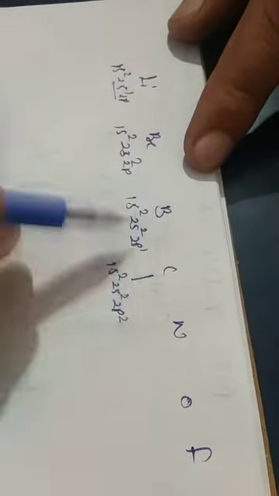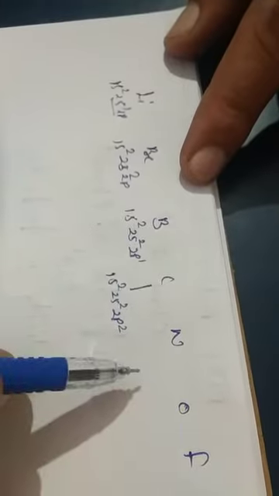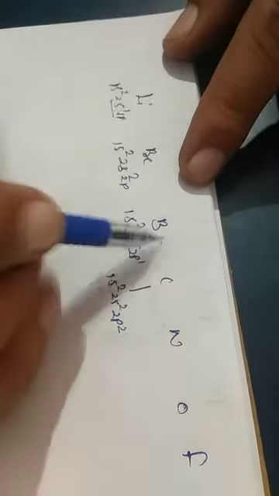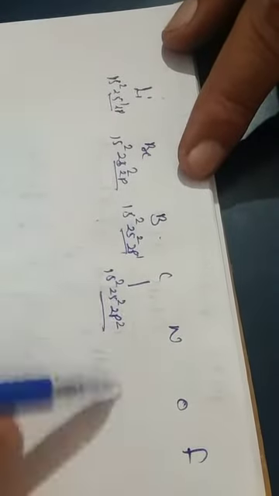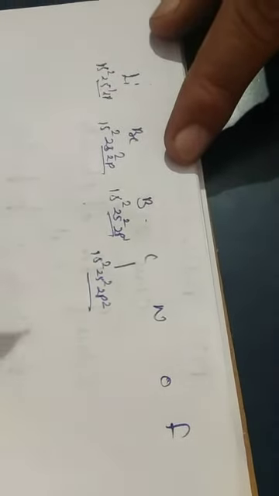One electron is increasing as you move this side, but one proton is also increasing in the nucleus. But the electron is adding in the same shell, meaning the second shell. There is no third shell present. So in the same shell the electron is coming. That's why the shielding effect is not able to compensate the increased nuclear charge. So the nuclear charge becomes more effective, the attraction becomes more, and hence atomic size decreases along the period.